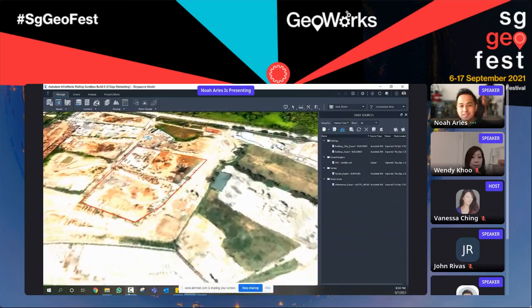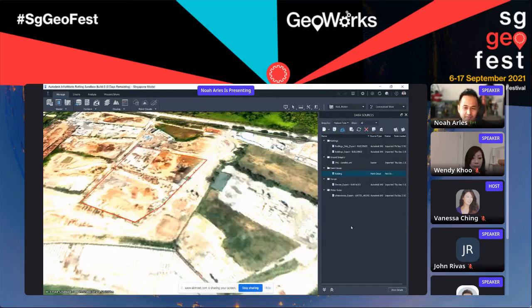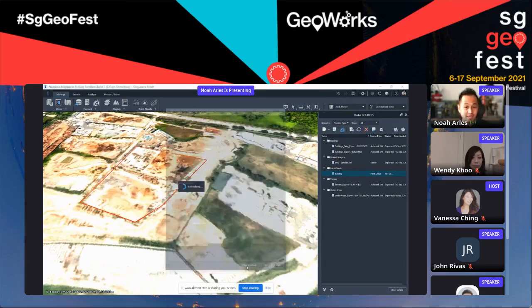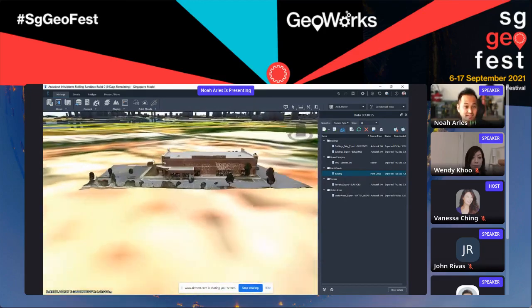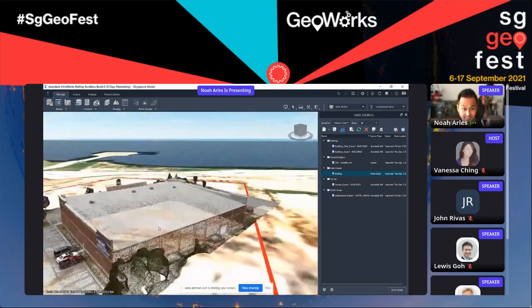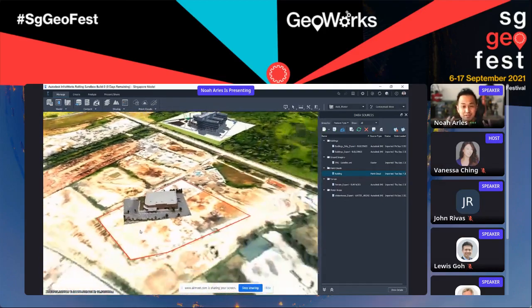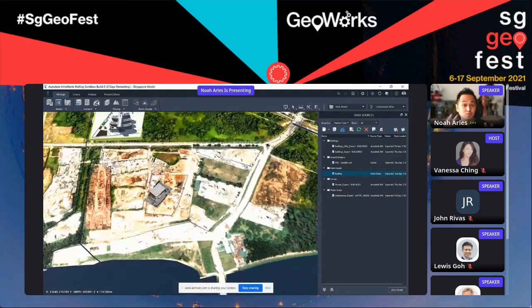So one of the more common things nowadays is flying drones, right? By being able to fly a drone, you are able to stitch together a point cloud of an existing structure. This is one of the fastest ways to gain a better understanding of what the existing project could look like. In this case, we want to check how a building that looks like this would look in the context of the existing scenario for this site in Singapore. You can see that by simply capturing photos from drones, you can stitch those together to gain a better understanding of how it would impact this site.